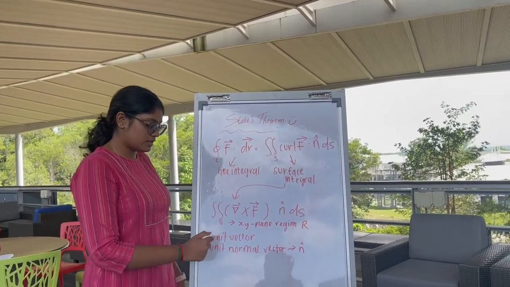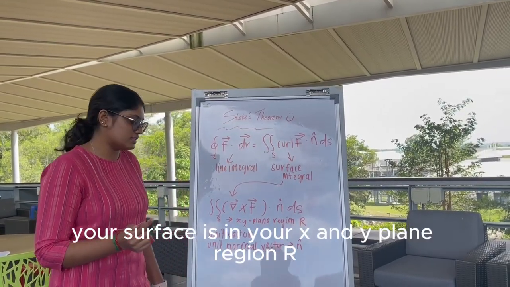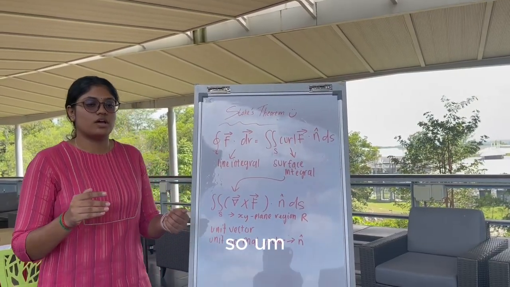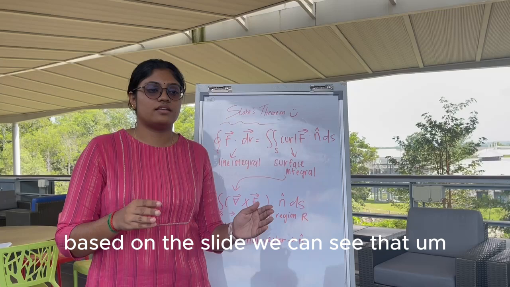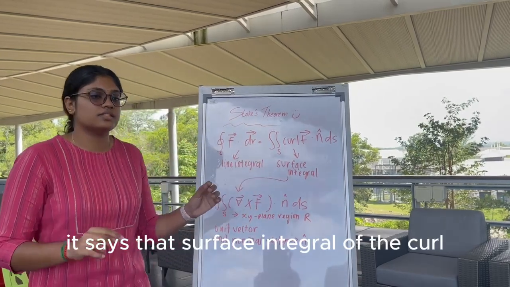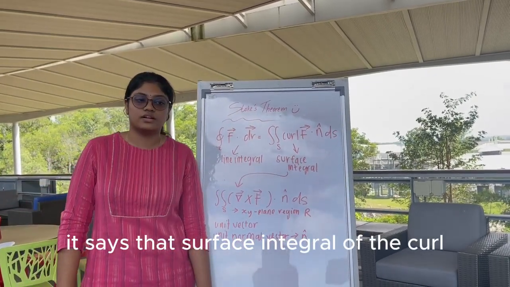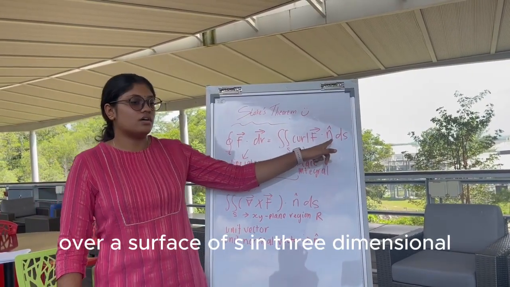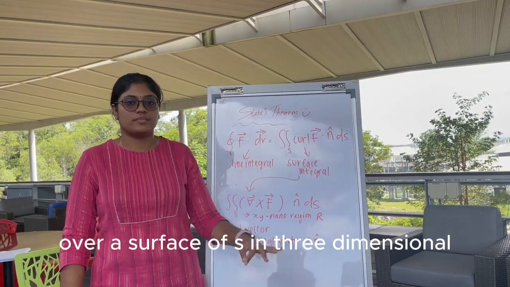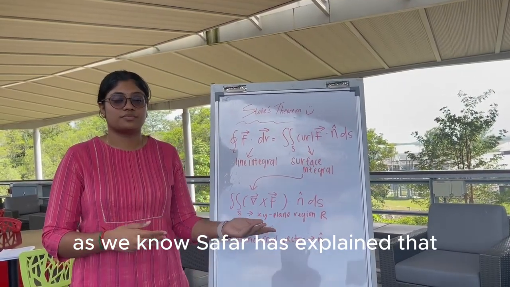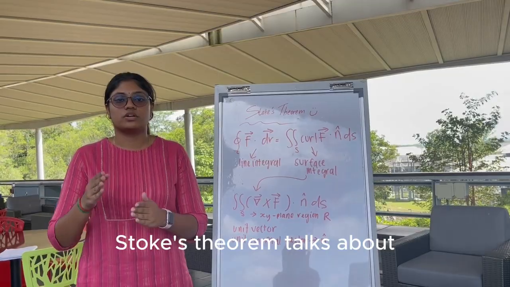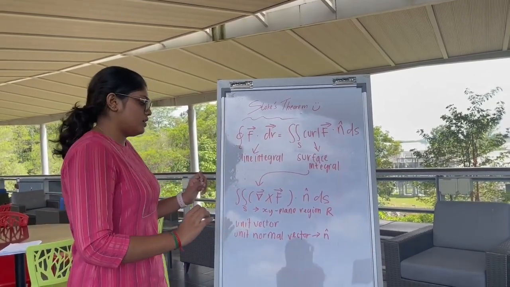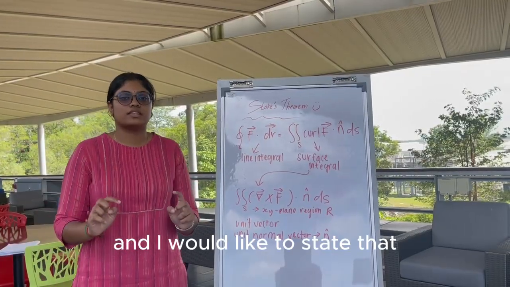Basically, your surface is in your x and y plane region R. Based on the slide, we can see that it says the surface integral of the curl of a vector field over a surface S in three dimensions. As Safa has explained, Stokes theorem talks about things in three dimensions. And I would like to state that